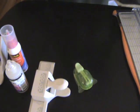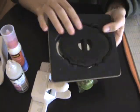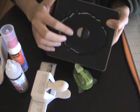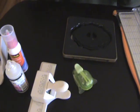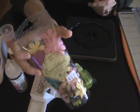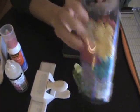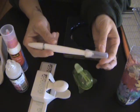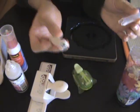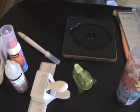Okay, next, I gotta hurry, is my Big Shot. And my favorite die from the Big Shot is the Baroque. And Karen got me this mini Baroque. So I love using this. That is huge. More flowers, Prima flowers. I love Prima flowers, especially these ones because you can layer them. Love these. My Martha Stewart craft knife. Absolutely love this. And I love refills are pretty